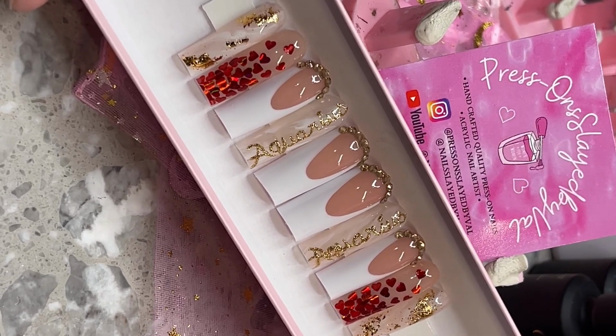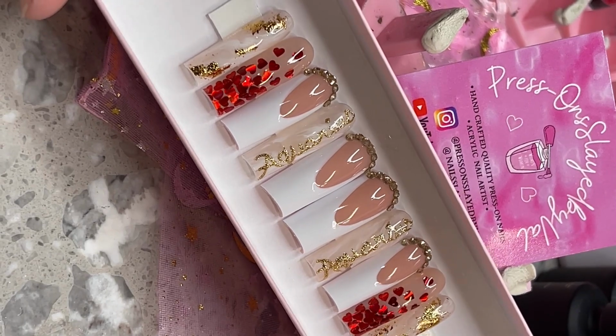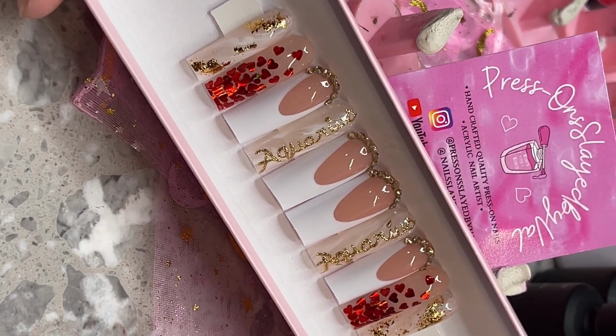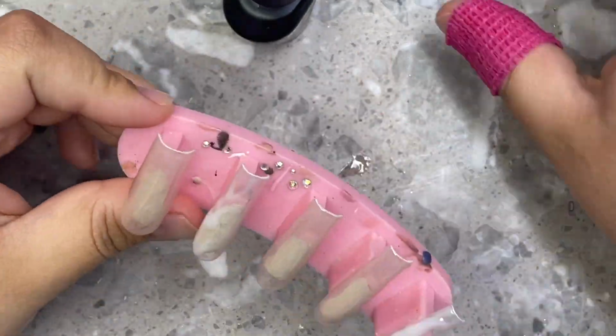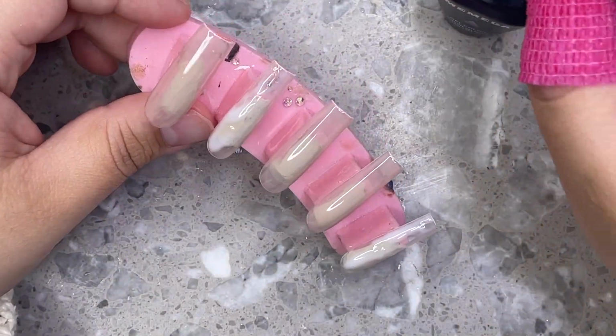In today's video, I'm going to be showing you guys how I did this really pretty Aquarius nail set. It was super easy and simple to do, and I feel like this is a very popular design, so let's get into it. So I'm starting off by using one coat of number 19, I believe that was,